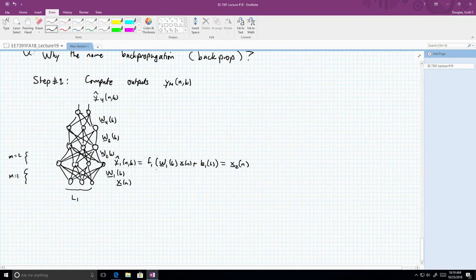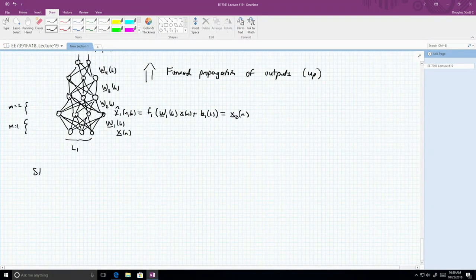So we first compute this, and the thing to recognize is that we're doing, if you will, a forward propagation. Forward propagation of outputs. Here we're actually saying it's up, right? We're actually going up. So that's step 1. Step 2